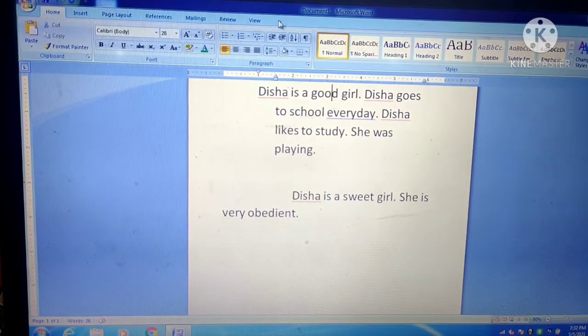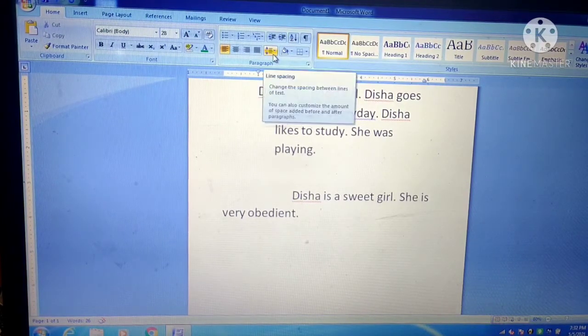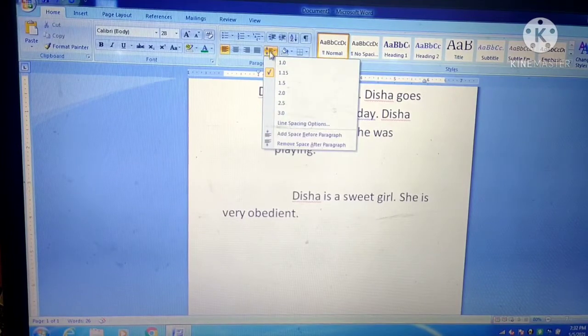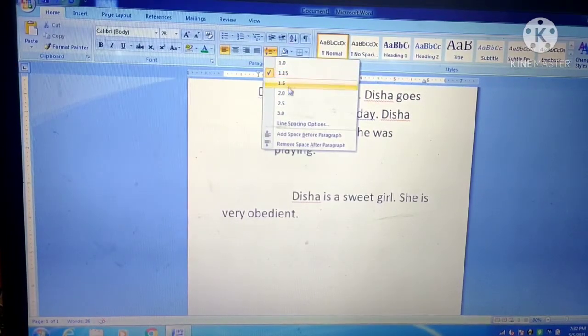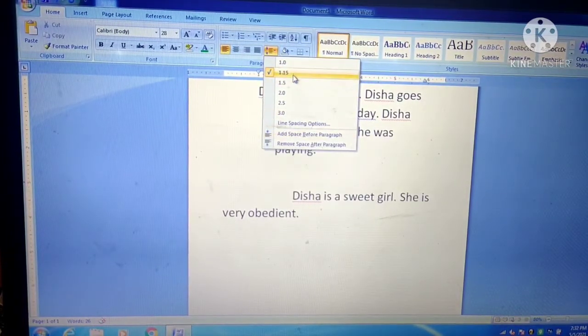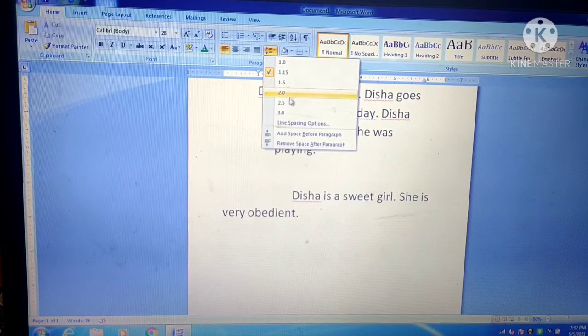After this, we will go to the paragraph group. This is the line spacing option. If you click here, you can see a few options that are given here. These are different line spacing options you can choose from.